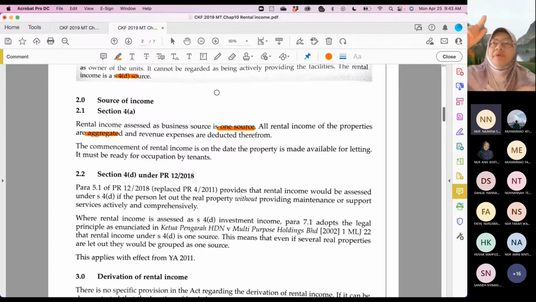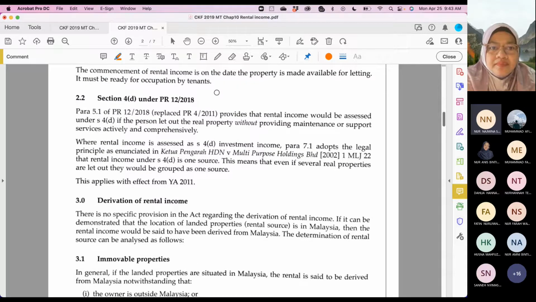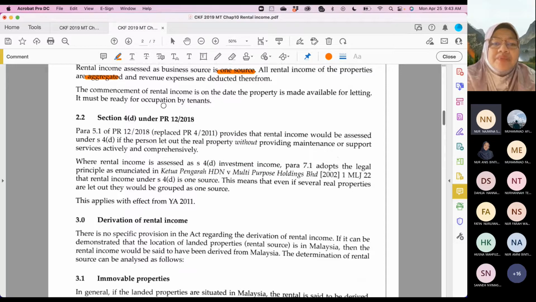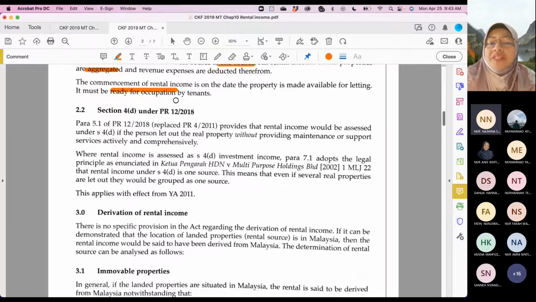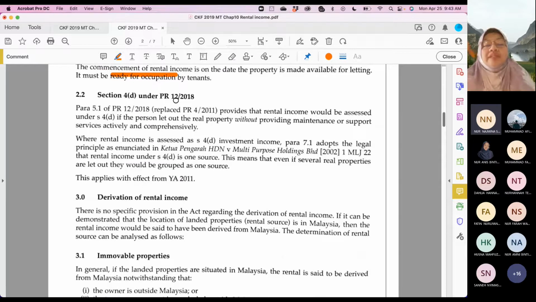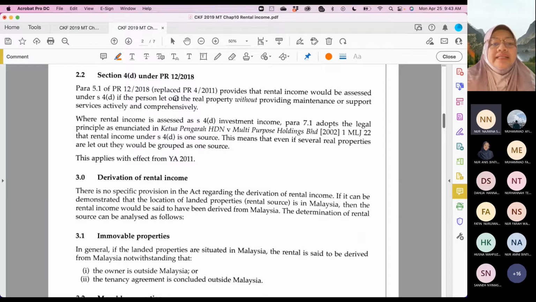So you only have one source. Rather than property 1, property 2, property 3, you only have rental income, which is the income from all the properties minus expenses from all the properties. In order for the rental income to be assessed, it must be ready for occupation. Even though you do have a property, if it's not ready for occupation, we cannot tax you yet. Under section 4D,